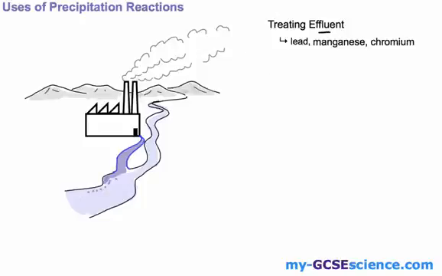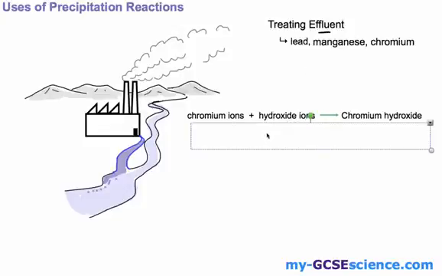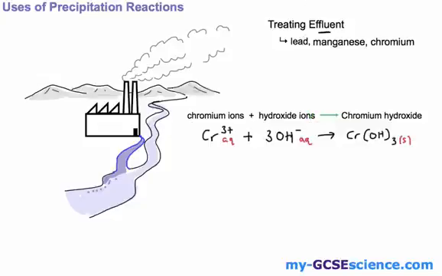What we can do, however, is before we release that effluent from this factory here, for example, we could treat it to remove these ions, and we can use a precipitation reaction. So what you would do, carry out a reaction that looks a bit like this. So we've got our chromium ions, which I've chosen here. You can react it with hydroxide ions from another solution, and you would end up with chromium hydroxide. And to give that in just a little bit more detail, just to show what's going on, we've got our chromium ions, and we know this is ions because we've got our 3+ up here. We've got hydroxide ions, which is